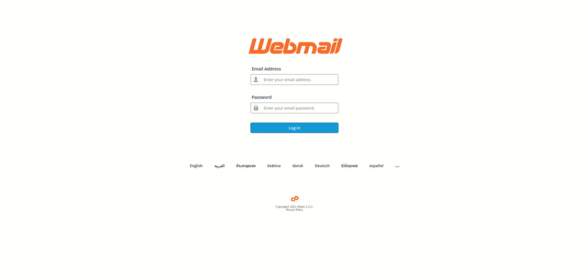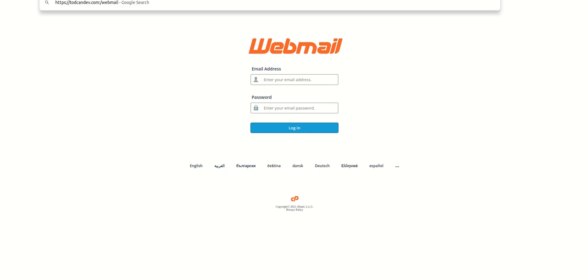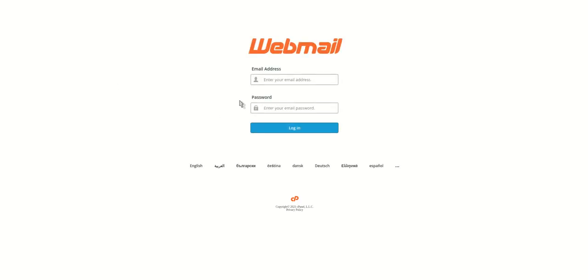Okay, we're going to do access to webmail. Now what I do is I go to my domain, in this case it's toddcandev.com, and I do /webmail. When I hit that, that's what brings me to this screen. I can then enter my credentials, so I can put my email address that I'm trying to access, and I